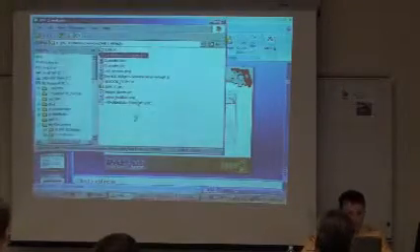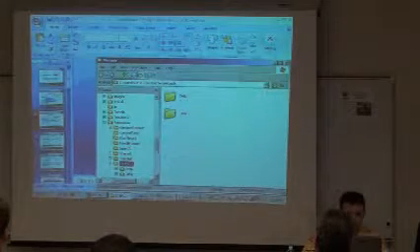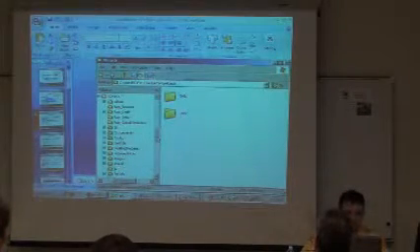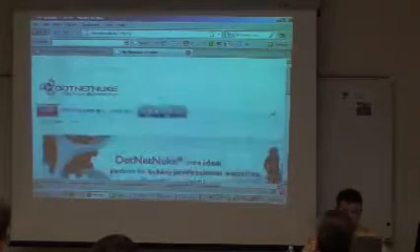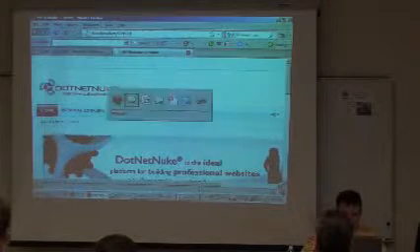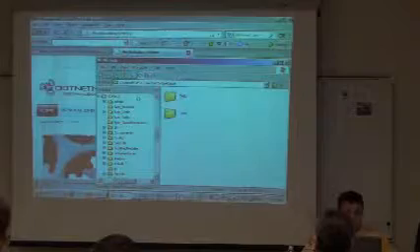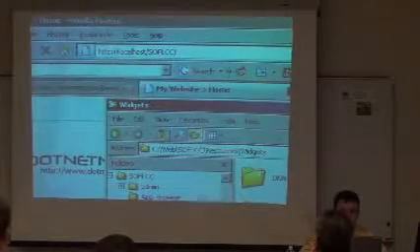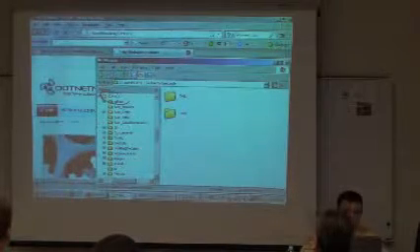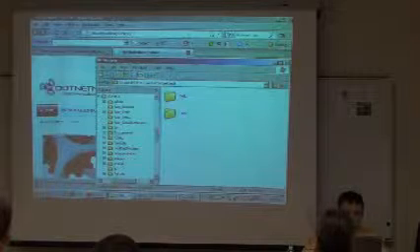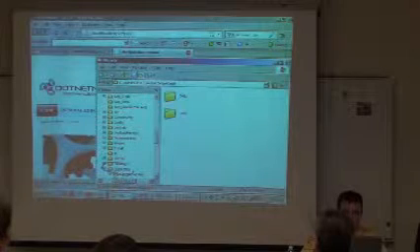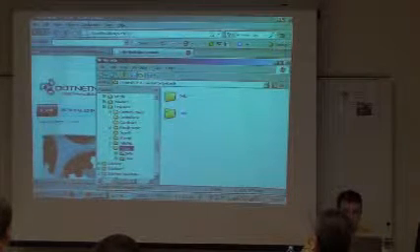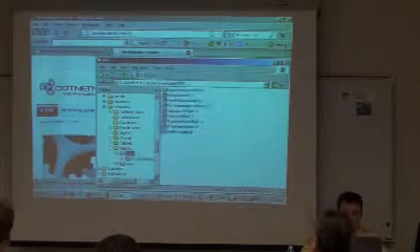So we'll get started. First thing I want to show you is where these skins are. All right. So this is my default install .NETNuke. I haven't really done anything to it at all, except for added a few pages, obviously. All right. But I'm going to show you where these widgets are. This particular website runs off of that particular folder down there that you can see. Right? So this is my root folder. When I was telling you before, widgets are in the root folder. Your root folder is from wherever your website's installed. There's resources I told you about before. All right? And then widgets. That make sense? And then here's the DNN.